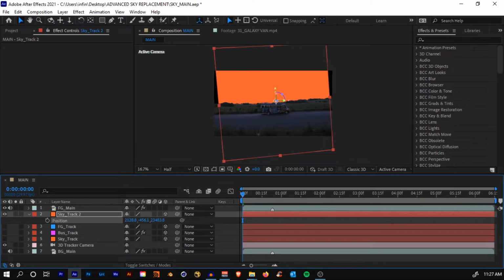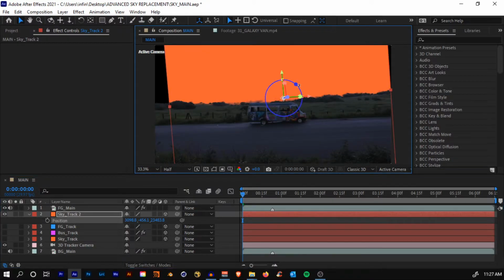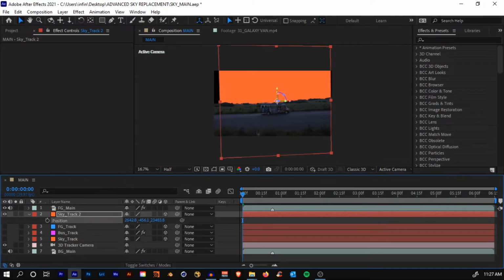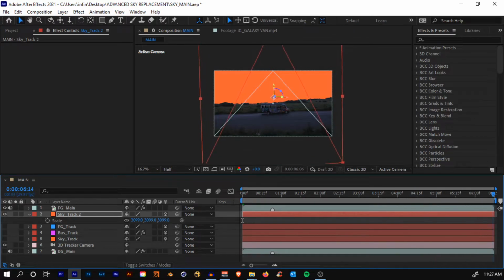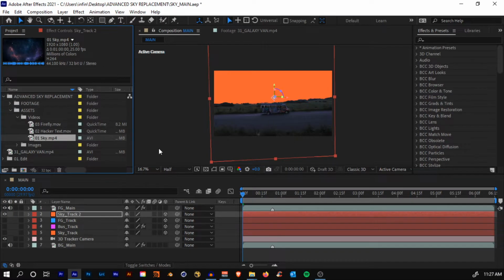Hold shift if you need to go 10 times faster, and you can hit R and rotate it too until it fits your screen. Hit S again and scale it. Now if you play back, you'll see that we have this layer tracked and we're all set to go. Now we'll replace this layer with a sky layer.